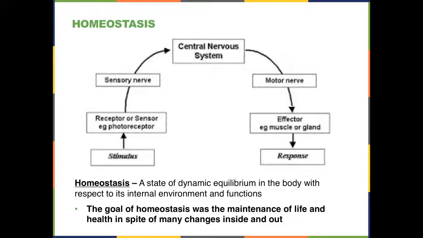Well, let's look at this diagram just for a second. Basically, this is a very simplistic view where you have a stimulus that is detected by a sensor and then taken into the control center, which is the nervous system. And then based on what the control center deems necessary to keep homeostasis, through another mechanism it puts out a response to keep things as they are.